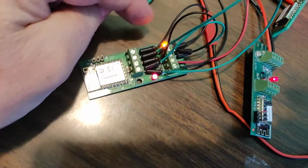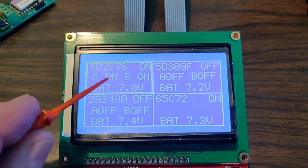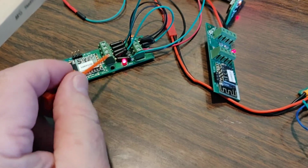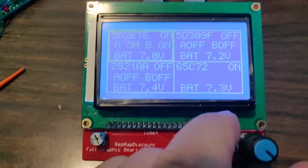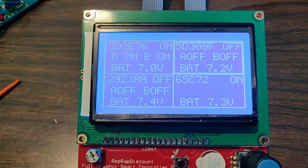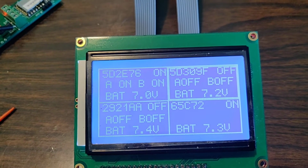So there you can see this one turned on. Basically, it's got continuity on both channels, and I've got them wired for continuity on both channels. So let's go to the next one. So if we do the next one and hit the little button again,